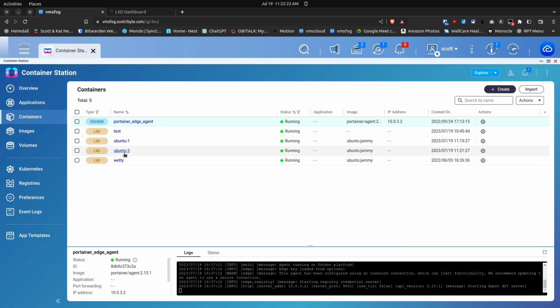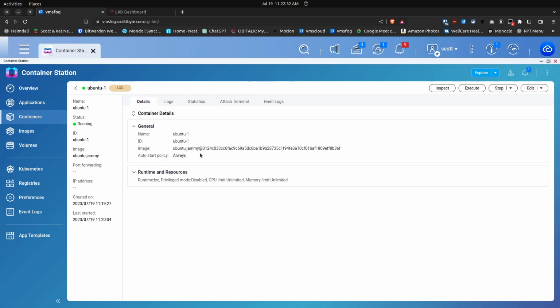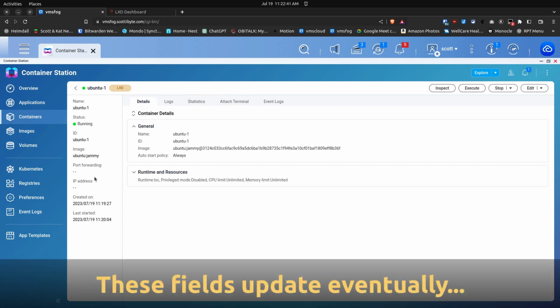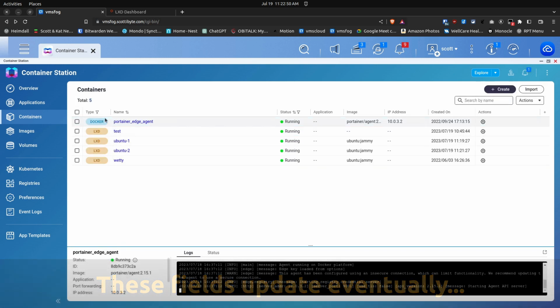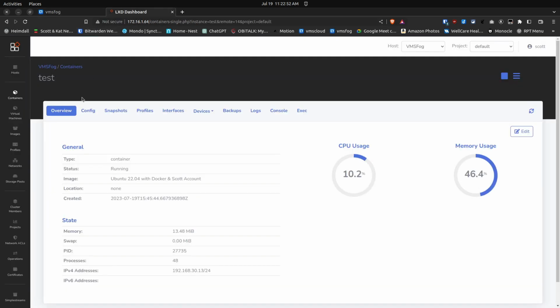In addition to that, one of the other things is that if I go here to my Ubuntu One container that I created, you'll see that it is created with Ubuntu Jammy, and you can look at all kinds of options here. It doesn't really give me the IP address, and it doesn't give me the forwarding information for whatever reason, not sure why. Certainly if I come back here to LXD dashboard and I go to overview,